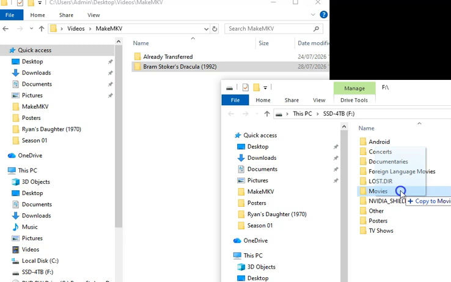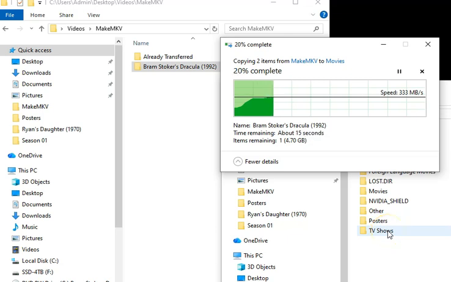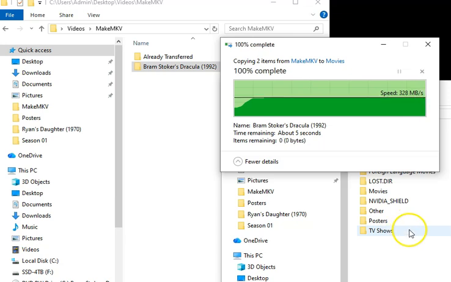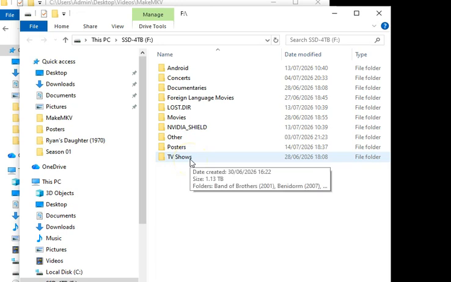So I have a separate folder called movies and another one called TV shows. These are important in terms of filing for the Kodi app. And it just takes a few minutes. As you can see, just for one DVD it takes a bit of time. And there we are. Now if we just go into the actual setup, the architecture, if I click on here,